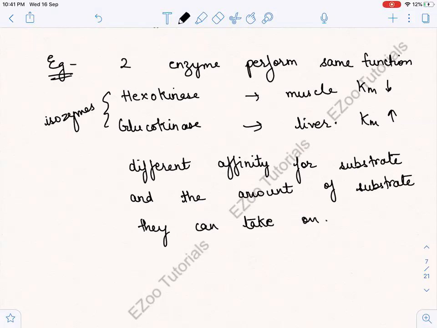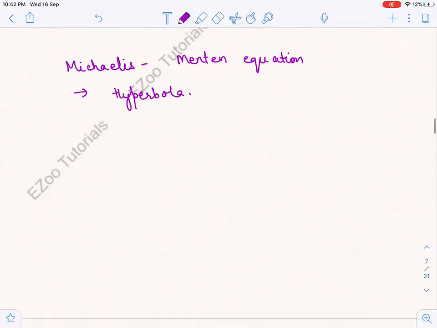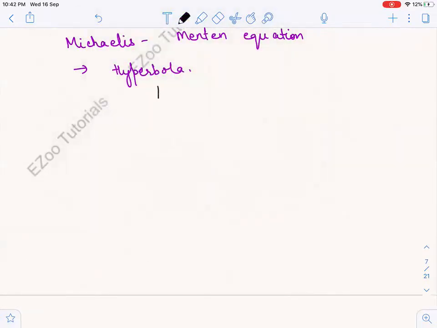राइट। तो ये हमने समझ लिया माइकलिस-मेंटन इक्वेशन के बारे में, राइट। Let us see now, अब हम इसको क्या करेंगे, now we will try to plot a graph. माइकलिस-मेंटन इक्वेशन अगर हम प्लॉट करते हैं, it generates a hyperbola, राइट। अब इसमें कैसा होगा ये ग्राफ, चलो बना के देख लेते हैं। This is the graph,